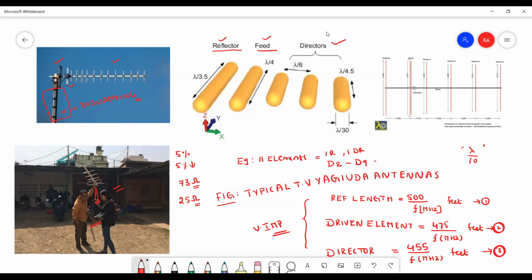So these are the directors. So let us discuss the